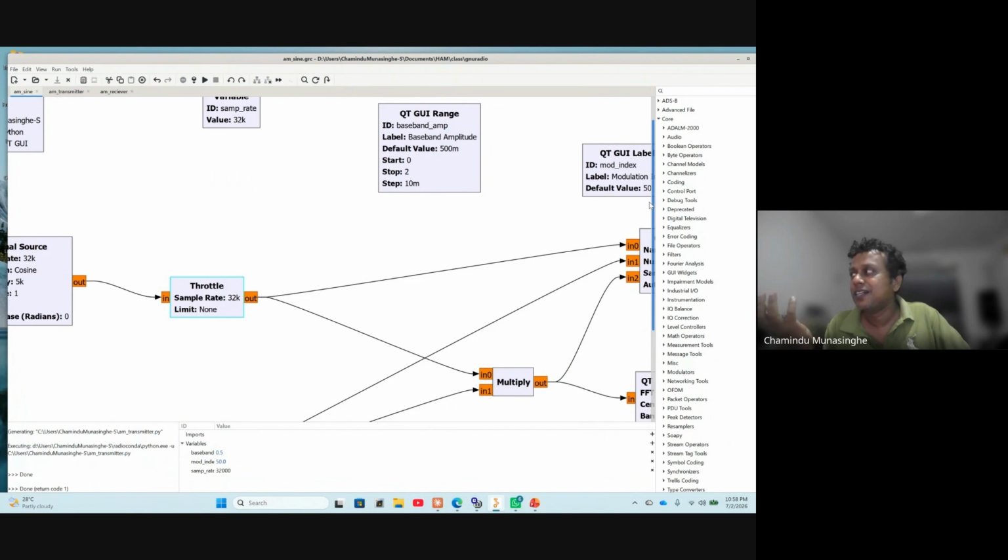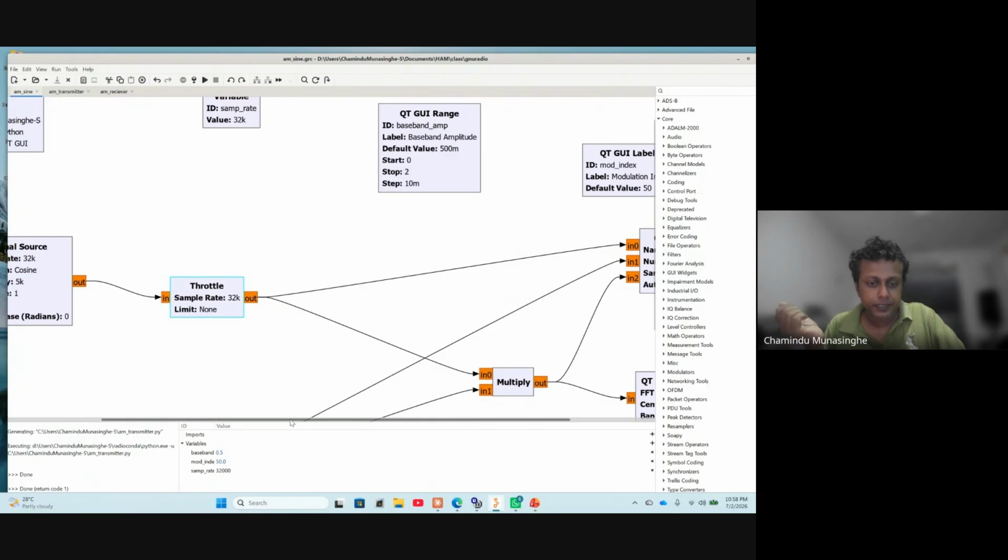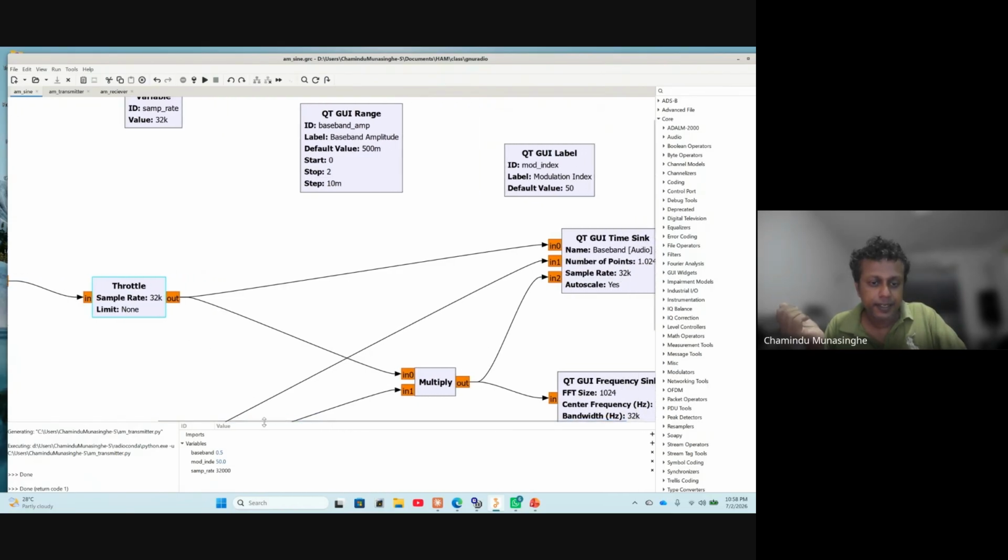If you have an SDR dongle, you can plug it in, and there's an ADS-B source here for these TV chip-based dongles. You can get the quadrature signal, the IQ signal, from that, and do your signal processing, demodulation and stuff in this software. And if you have something like a HackRF One that is capable of transmitting, you can do a lot of stuff with this GNU Radio. Anyway, back to this flow graph. I have throttled it, and then directly I have this